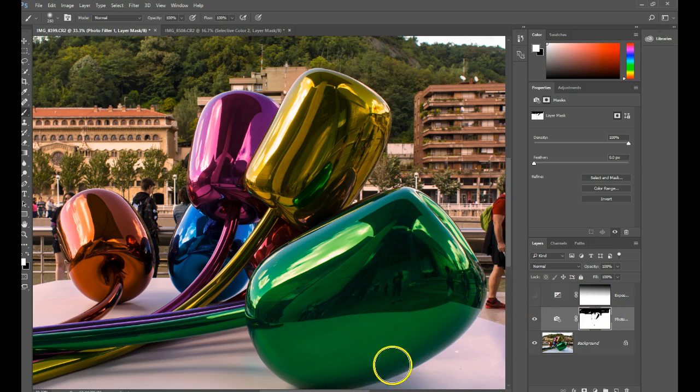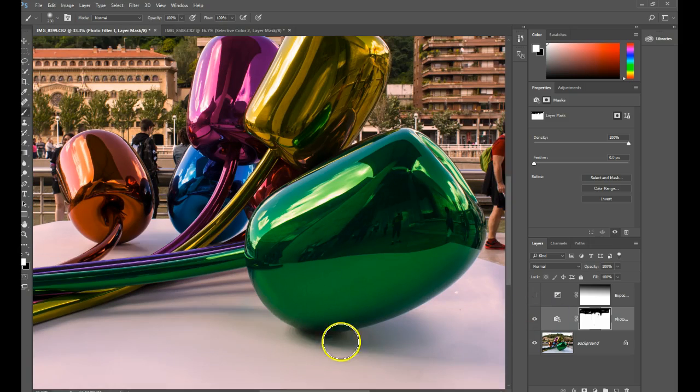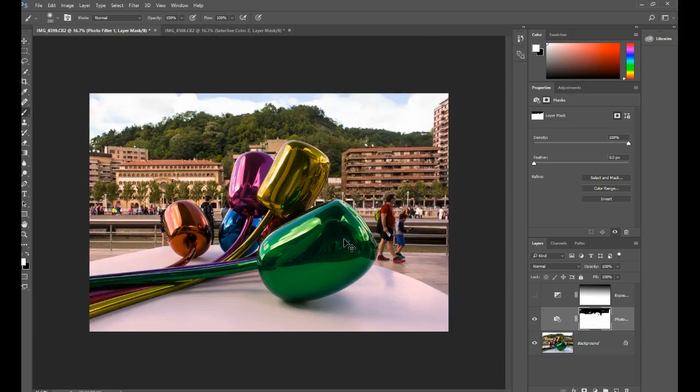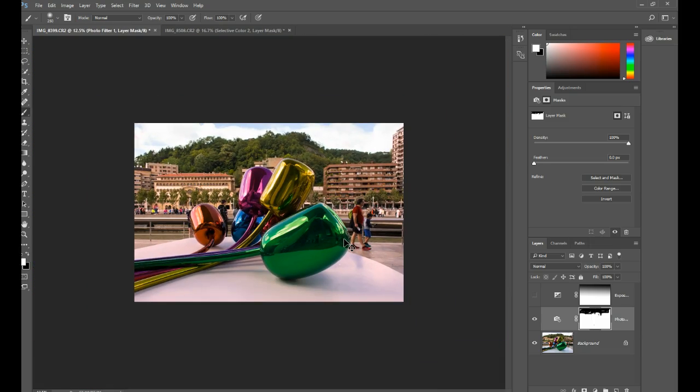So now I can paint that back in over the top like that, and thereby undo any mask area that I hadn't wanted to actually paint into the image. Fantastic. Okay, so let's zoom out, Control and minus, or on a Mac, Command and minus, zoom out, and